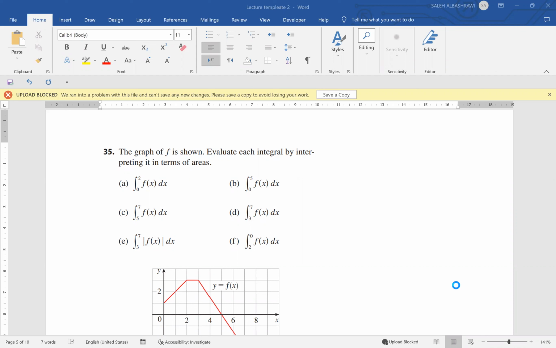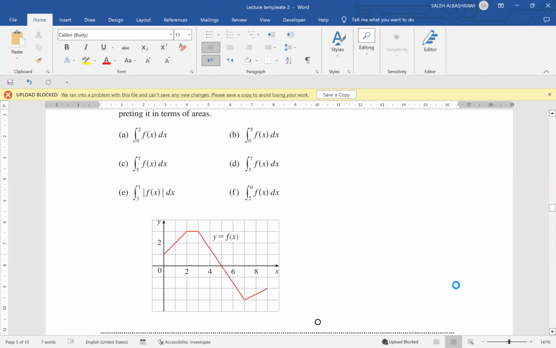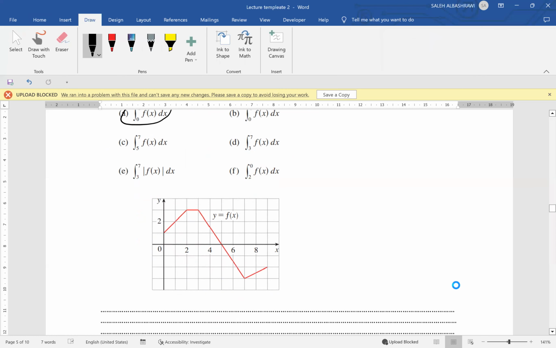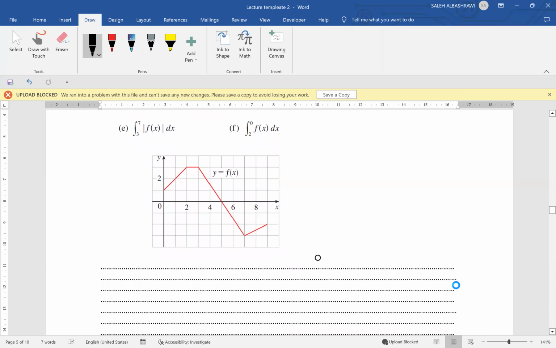This question says that the graph of f is shown, and we need to evaluate each integral by interpreting it in terms of areas. In the first part, which is A, we need to evaluate the definite integral from 0 to 2 of f of x dx. The graph of the function is given there, and we need to find this definite integral from 0 to 2. If we look at the graph of the function over this interval, we'll have this shape,